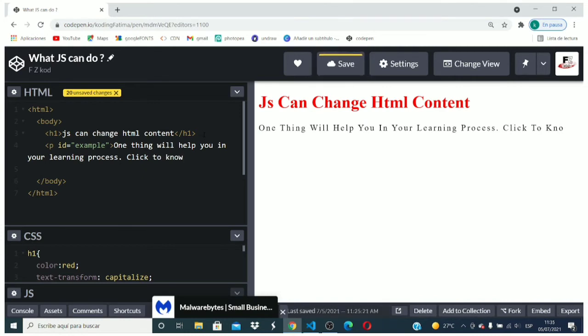Close the P tag, okay, and another tag, and let's choose the button, okay, and here we create our attribute onclick, okay, onclick,